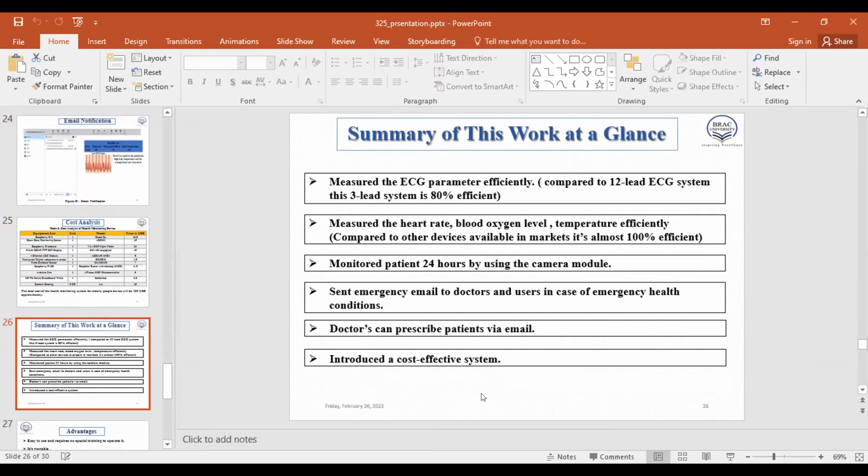Here is a summary of this total work. We have measured the ECG parameter efficiently. Compared to a 12-lead ECG system, this 3-lead ECG system is 80% efficient. Then we measured the heart rate, blood oxygen level, and temperature efficiently. This is almost 100% efficient compared with other devices available in the market. We monitored patients 24 hours using the camera module, and an emergency email notification is sent for emergency purposes. Then doctors can prescribe to the patients via email. It is also a